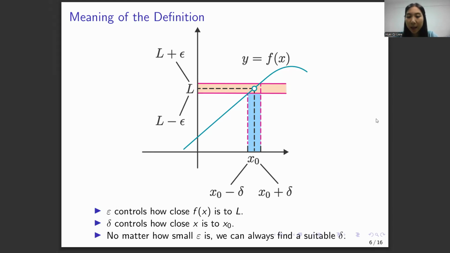The key idea is that for any epsilon greater than 0, we can find a corresponding delta greater than 0 such that whenever 0 is less than the absolute value of x minus x0, and that is less than delta, the output satisfies that the absolute value of f(x) minus L is less than epsilon. The diagram helps us visualize how controlling the input using delta ensures that the output stays within the desired epsilon range. With this definition in mind, we can now prove a simple